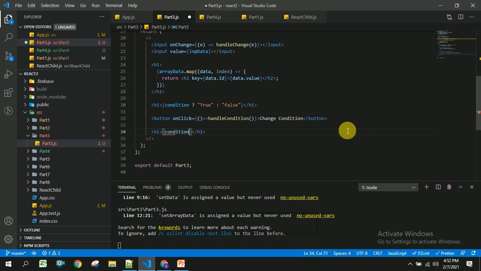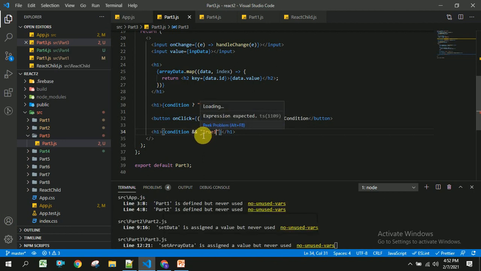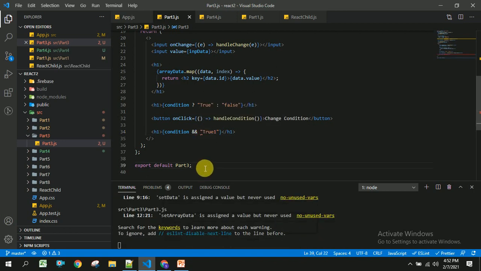So for that, we are going to use this operator, ampersand operator. In order to show and hide the element, we can use this syntax.